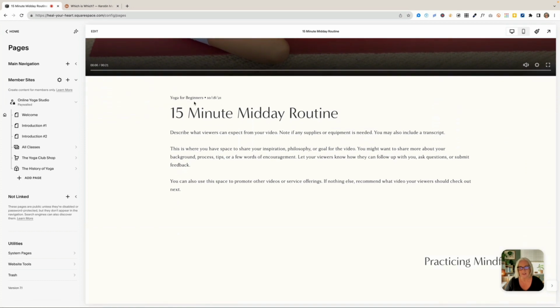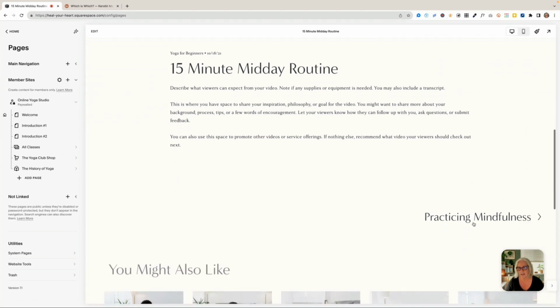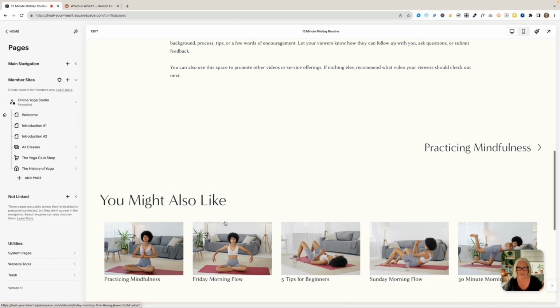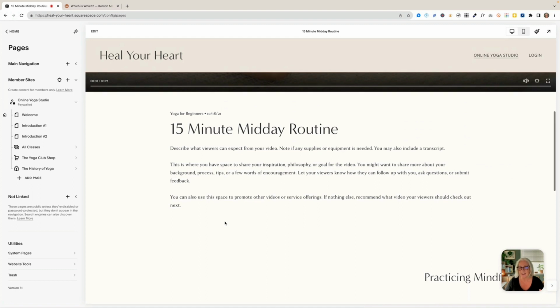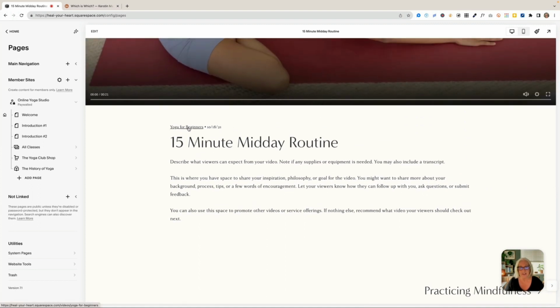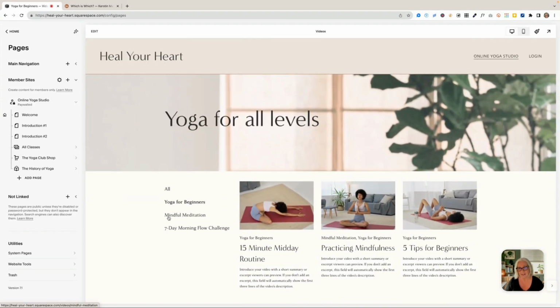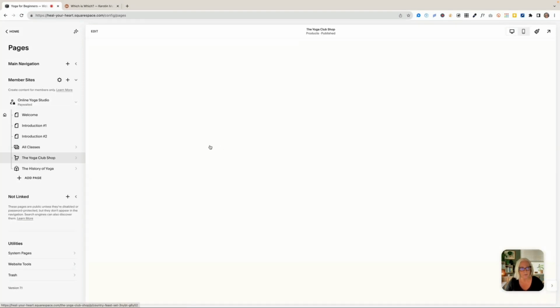And we do have these breadcrumbs here as well, so we have a navigation at the bottom. We also have, and you can decide what you want to show here for each of your videos, a related section. So here are some more suggestions, so that's customizable, which is nice. And we have the breadcrumbs here, so you can just easily get back to the landing page for all the videos. So that is really nice,